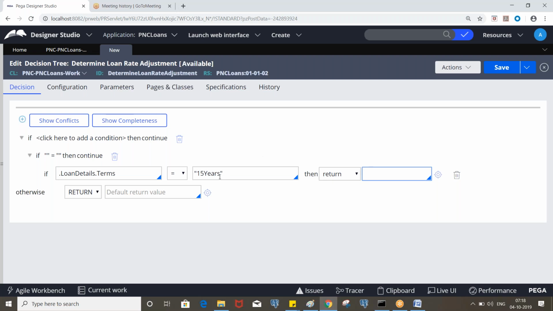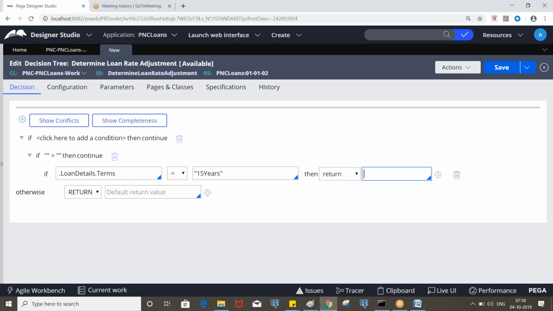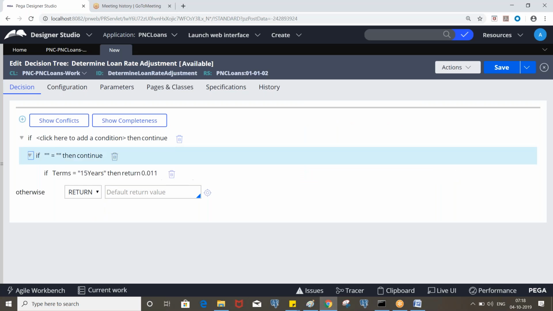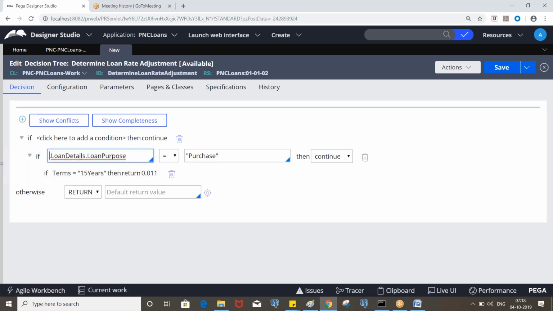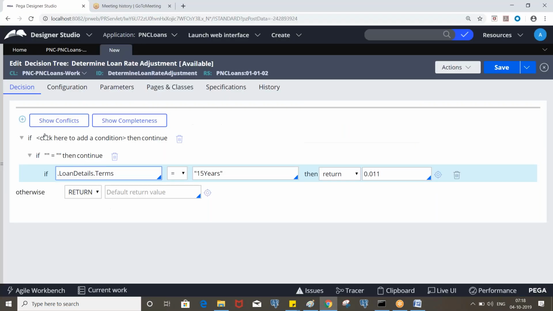So based on the loan terms, we are returning the value. So how much it is? 0.011. Okay, so now in the same purpose, if it is 30 years, we need to return 0.015.